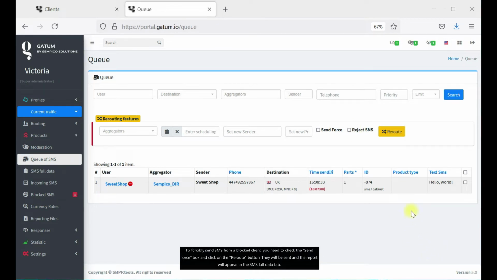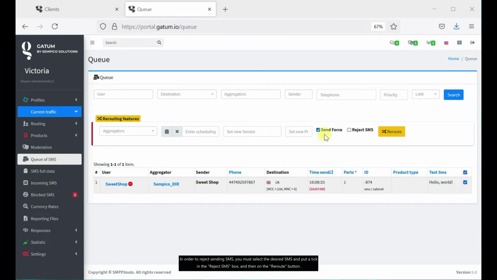To forcibly send SMS from a blocked client, you need to check the Send Force mark and click on the Reroute button. They will be sent and the report will appear in the SMS Full Data tab. In order to reject SMS, you must select the desired SMS and put a tick in the Reject SMS box and then click on the Reroute button. This SMS will disappear and the money will not be withdrawn from the client's balance,